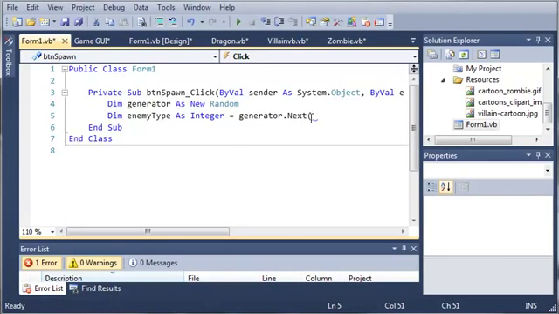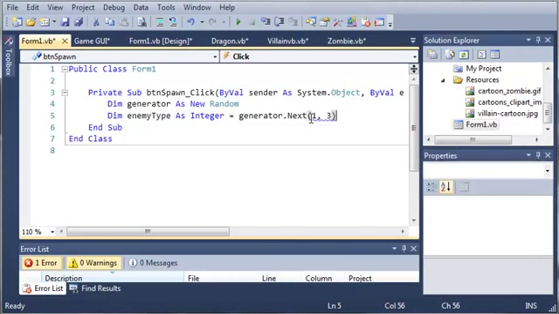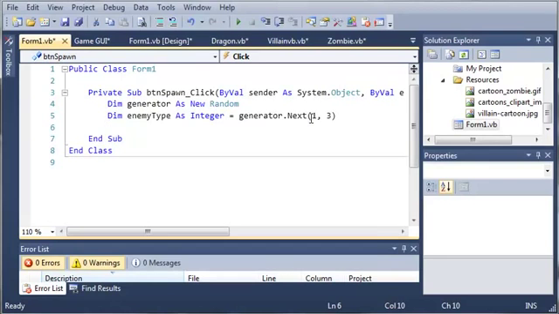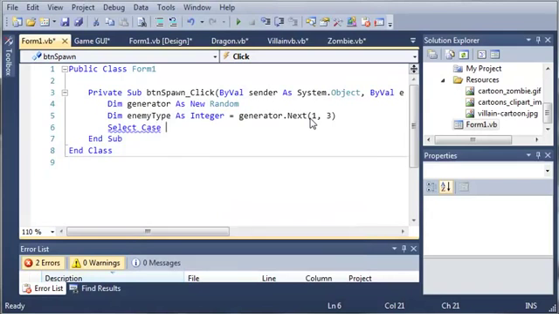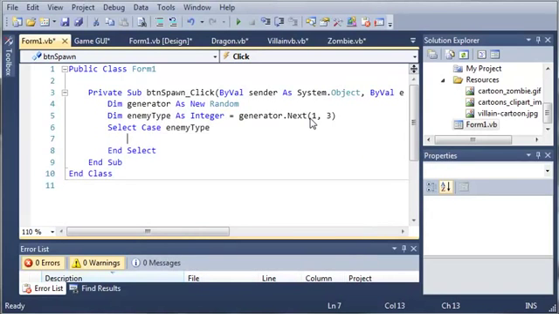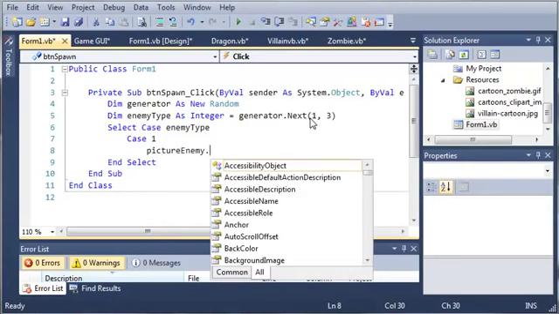Okay, sorry about that alarm. So generator.next, and we want it to be between 1, so 1, 2, or 3. So now I'll just do a select case, and we want the enemy type. So for case 1, we will type picture enemy dot